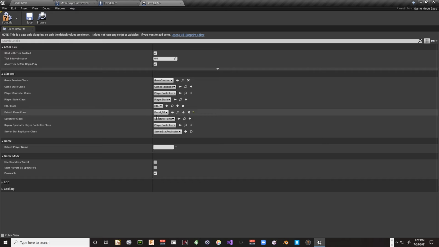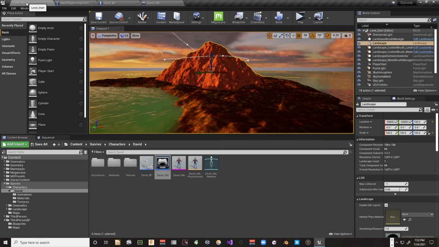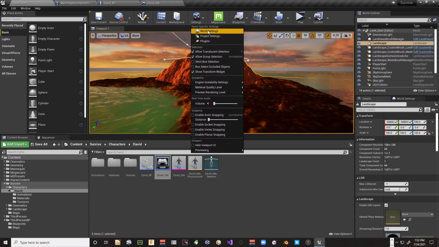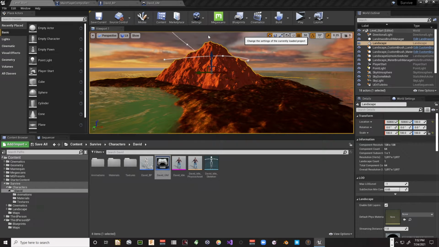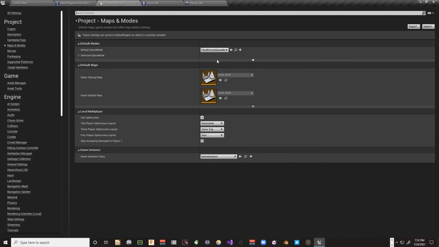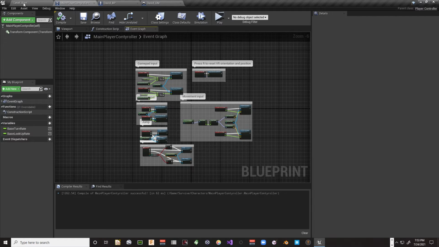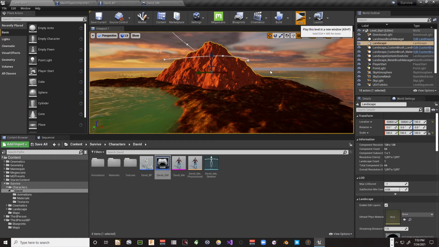And that's all we need to do for that right now. Compile and save that. And now back here in settings, project settings, maps and modes, all we should have to do is change this to David game mode. And close it. And if I've done everything right, we should still get a pawn when we come in here,